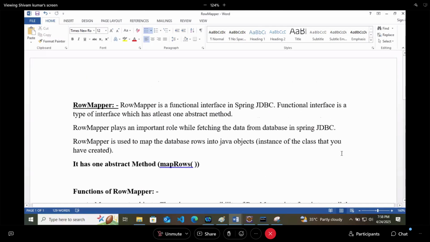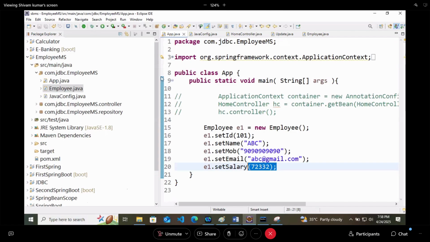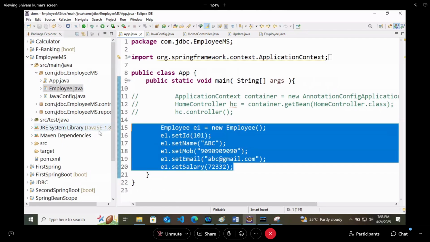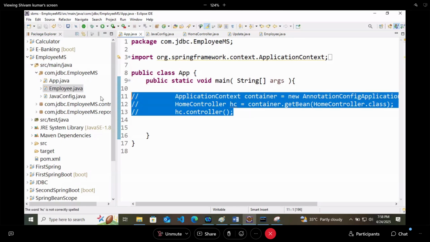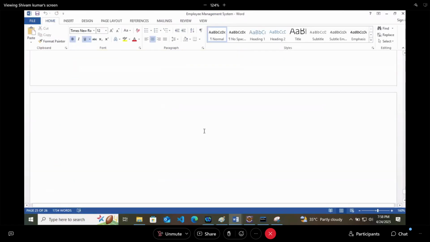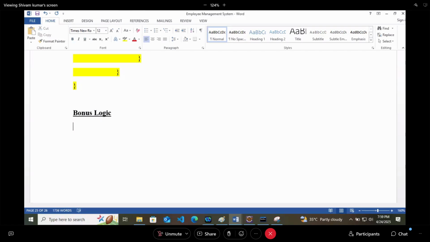Let's try to implement this in our project. So at first, what changes will we make in our project. This employee is not there. I will remove comments from here. That is the bonus logic. Fetching data from database using row mapper.